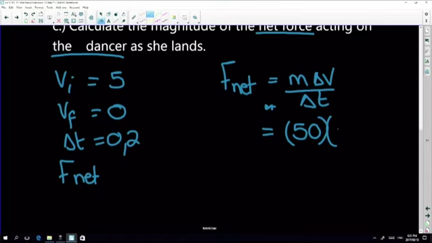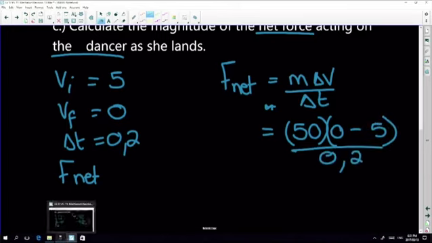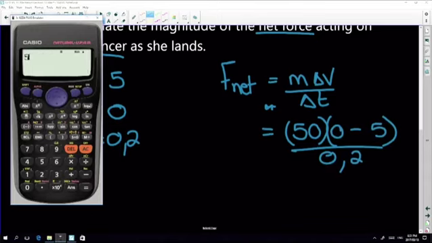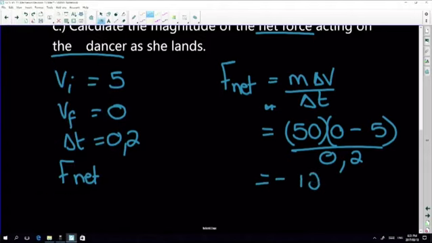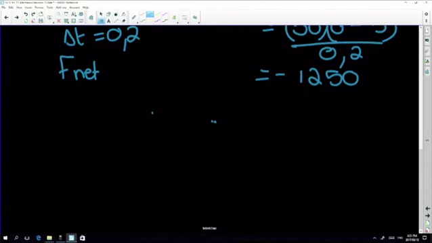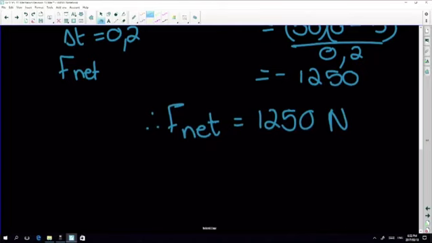So, final velocity 0, initial 5, change in time is 0.2. So this is actually going to be 50 times 5 divided by 0.2, and we're going to get a negative answer of negative 1,250, but it said calculate the magnitude. Therefore, my F net is 1,250 newtons. Okay, that's not so bad. It's still, ow, quite sore. Anyway,